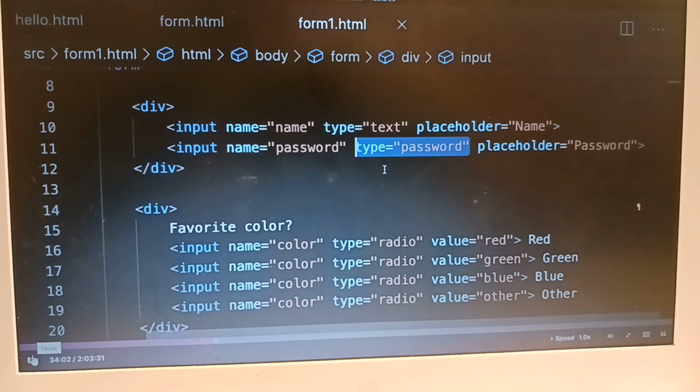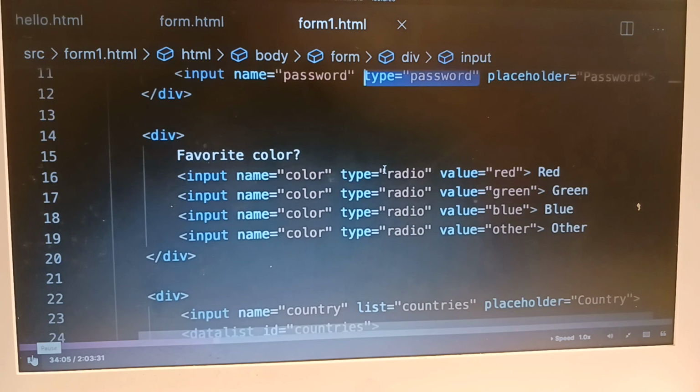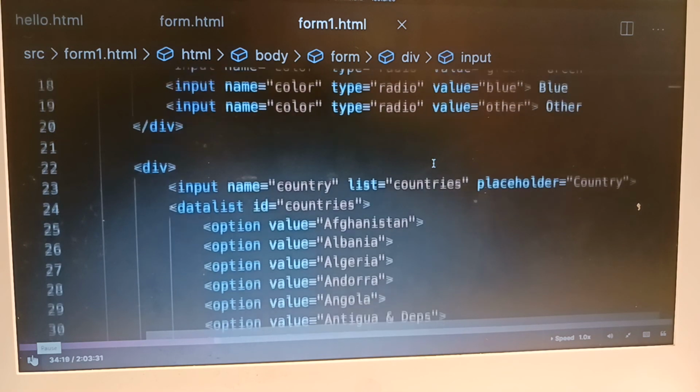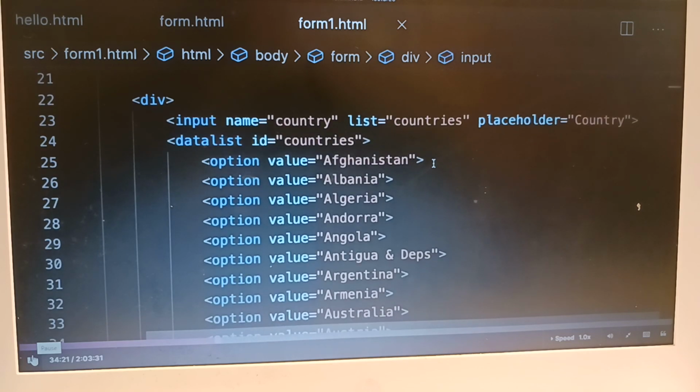In addition to just text-based input, we also have radio button input, as I alluded to a moment ago. So here we have a number of different radio inputs where the user might be able to select from a number of options, choosing their favorite color, for example, from a number of these options. And finally, just to take a look at one other additional feature of HTML5, in fact, a new feature of HTML5, is something we might call a data list, where we might have the user choose in a dropdown from a number of different options, but we want to very quickly filter down or autocomplete based on those options. So if the user needs to select what country they're from, for example, we might have an input field and specify that it's